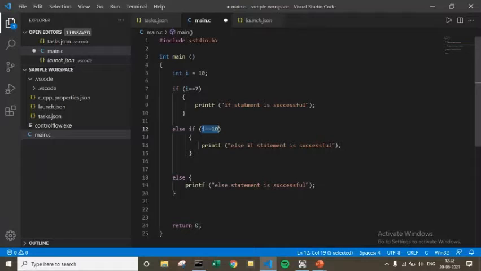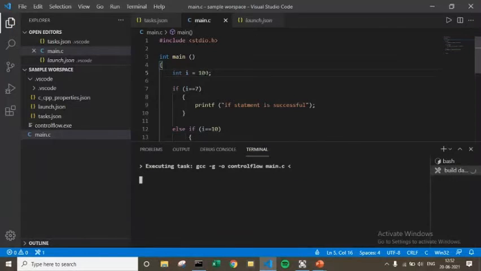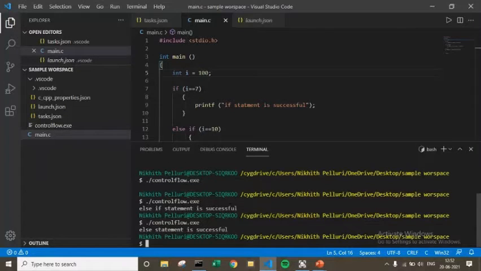If it is equal to 10, then it prints out this, and if it is not equal to 10, then for any other condition, the compiler will print out this. So let's make it something like 100, and you will see the output.